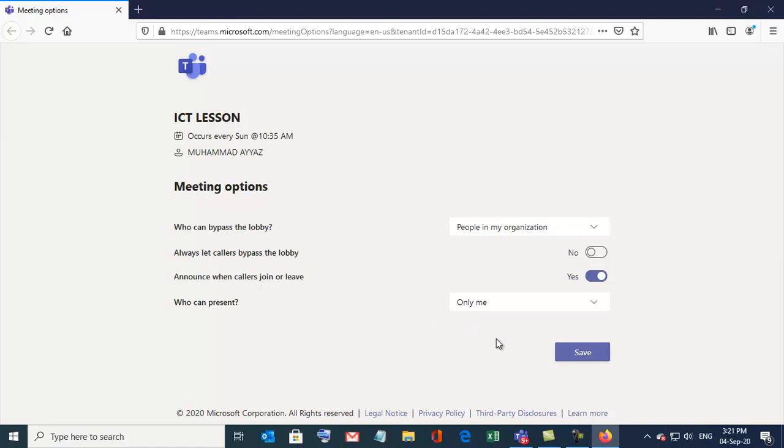One student can mute his mic only or unmute, not others. And no one can force anyone to leave the meeting. This control is only with the organizer. Here I am taking the class, so this is for me. So save it.